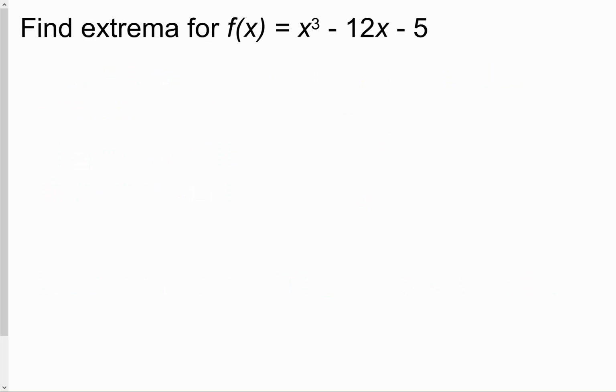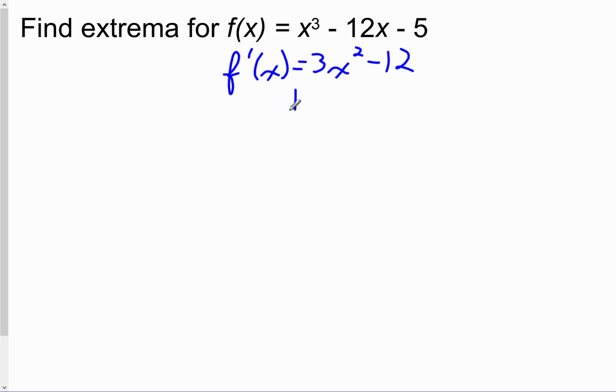So an example of how this is used, let's say I want to find the extrema for x cubed minus 12x minus 5. I could do the first derivative test, which would require taking my first derivative, however, I don't have to. Polynomials especially are really nice to find extrema for using second derivative test because of the fact I don't have to worry about differentiability and having places that are not differentiable. So I'm going to use the second derivative test,